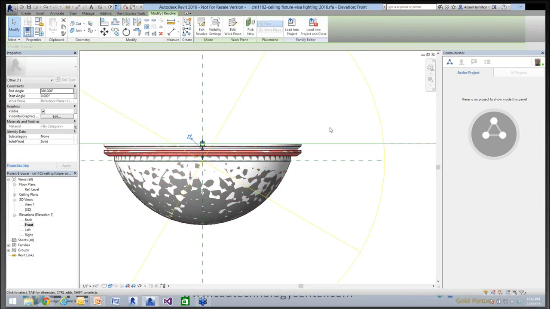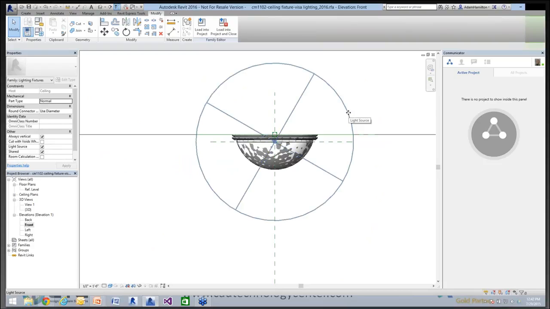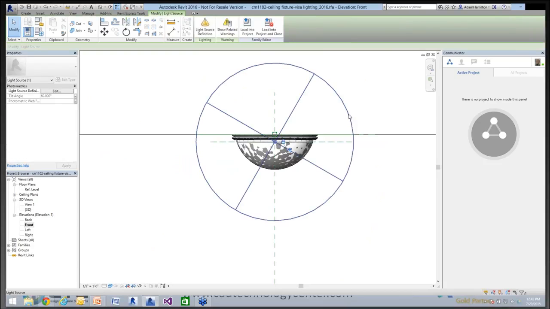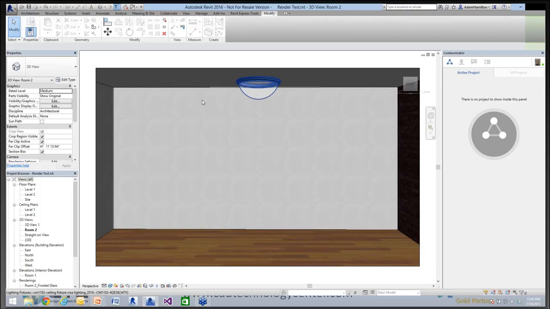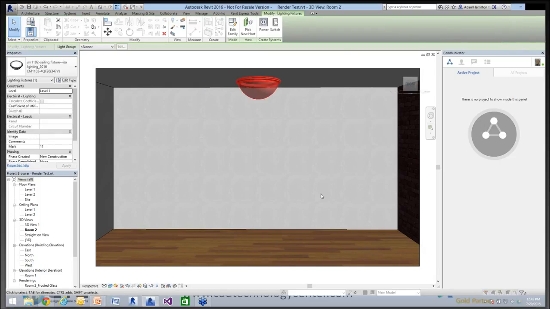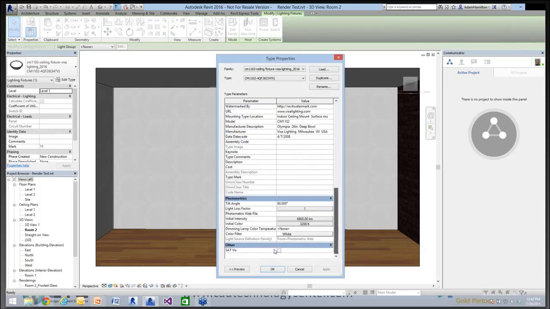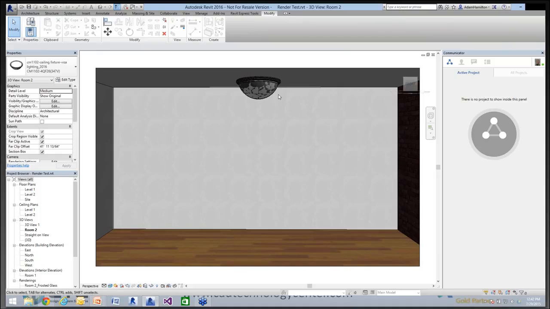Okay, and then we have the light object inside the Revit environment, and notice it's rotated. So I'll show you what will happen when we bring this into our project. Here I have it in my project, and right now I have it off. I added a quick parameter just to turn off the visibility of that object. And here it is on. It's a big solid. And if you try to hit render,